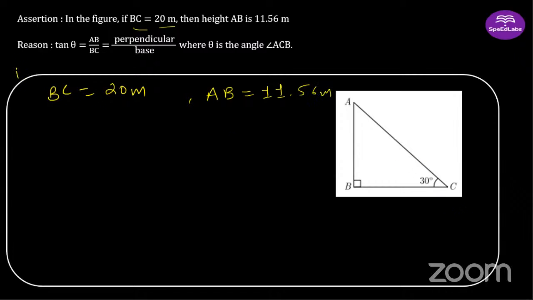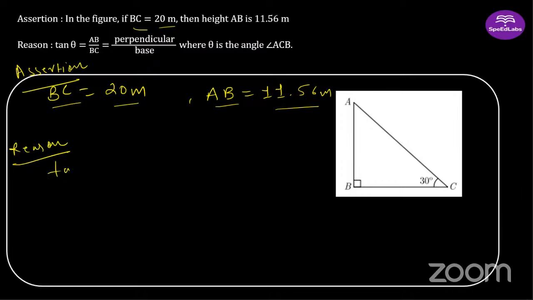So this is the assertion. That means they are claiming that this is something. And now we'll see whether this is true or not. In the question, they are saying that if BC is equal to 20 meter with angle as 30 degree, then AB would be equal to 11.56. So this is something that they are claiming. And the reason, we will use perpendicular by base, P by B. And as a reason they are saying,